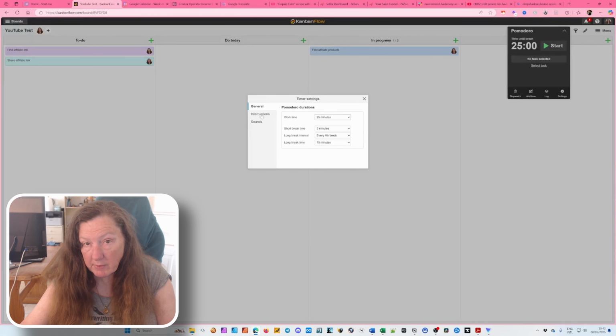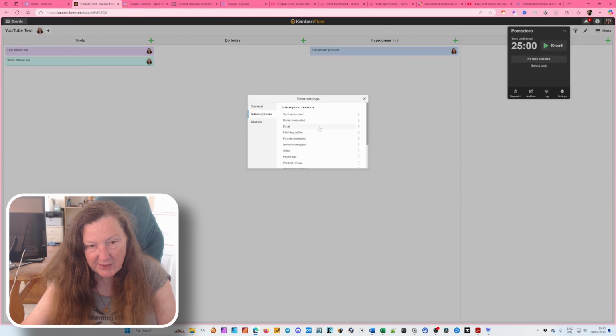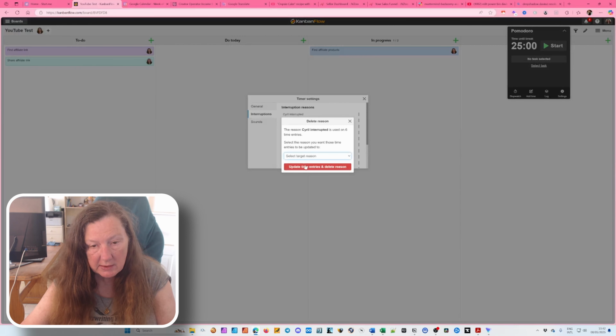You can have a number of interruptions. I don't use that anymore because it resets everything. So if you decide that you will only work without interruptions, you can set them here, and you can add reasons or you can delete reasons by clicking the 3 dots and then clicking delete.